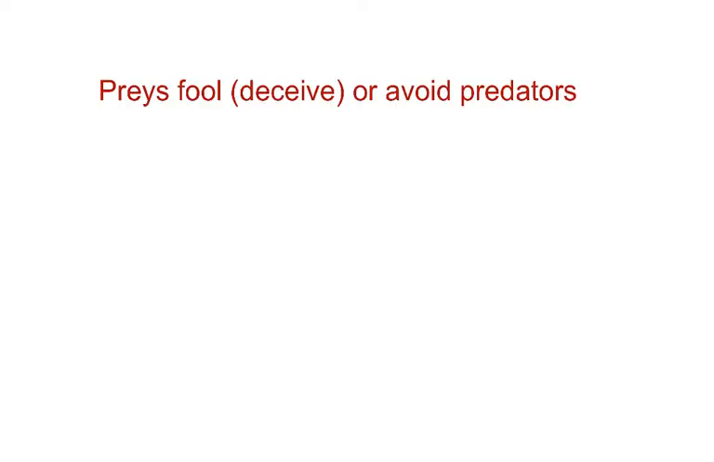Prey species have evolved various defenses to lessen the impact of predation. They include ways in which prey fool or deceive or avoid predators, like